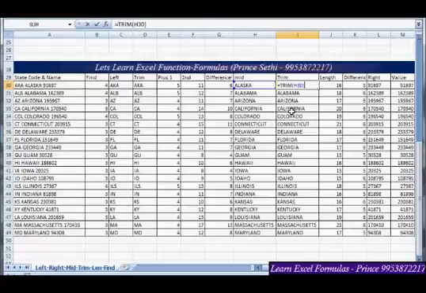Coming on to the second name, it's with H30. Go over there, pick the entire formula, copy, go over there and paste. Again click over there, it's with G30. Go over there, copy and paste.